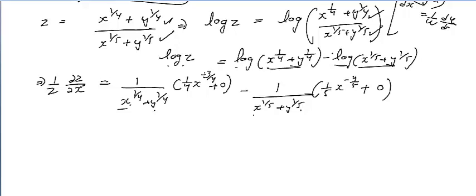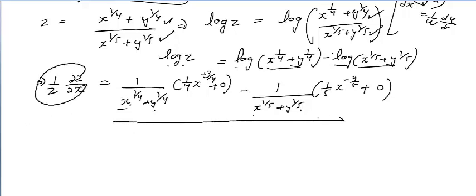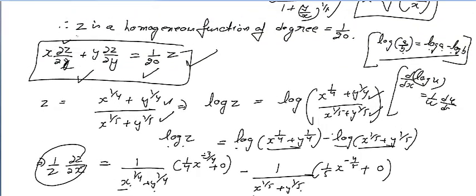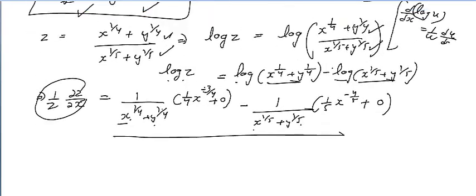Okay, so what I am going to do now, you have this as the left hand side and this is the right hand side. So students, I am going to multiply both sides by x. Why am I doing it? Because in curl z by curl x you need x. So I will multiply x on the left hand side, 1 over z times curl z by curl x. When you multiply x on the right hand side, what you will get?